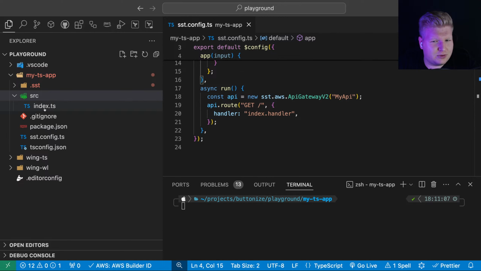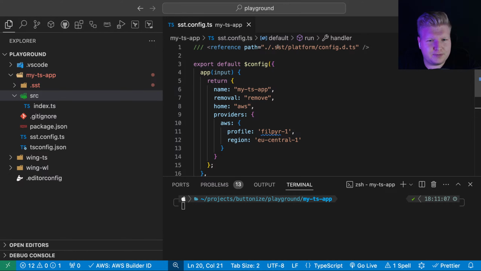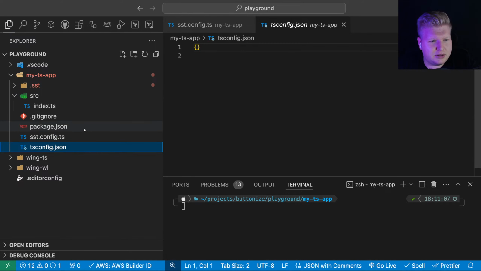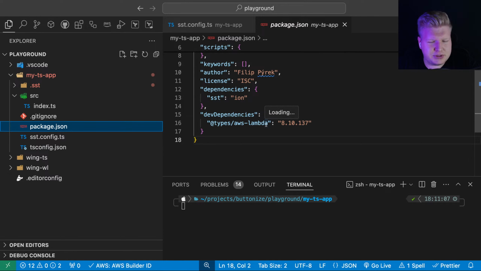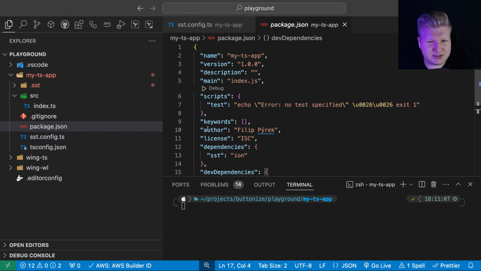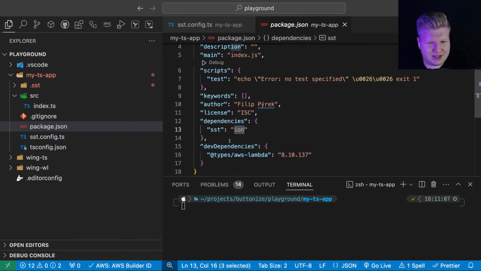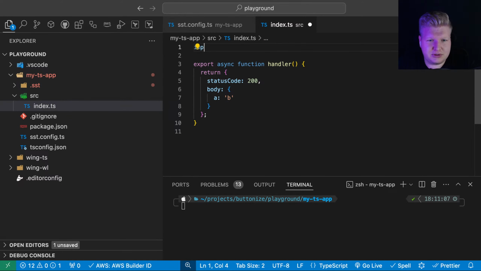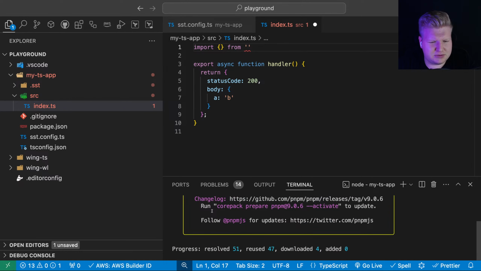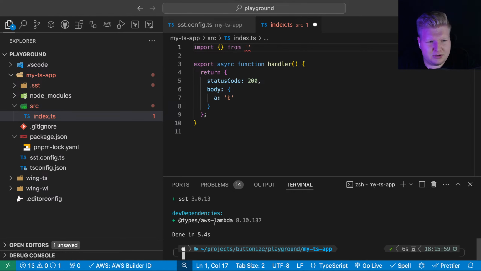Okay. So we have our handler. Oh, I need to fix the path source. Yeah, they're doing this reference thing. There's not even TypeScript installed. Is it okay like this? Dependencies SST Ion. Okay, that makes sense. Types AWS Lambda. So what I should do is import from AWS. Of course. Oh, okay. Nobody ran npm install for me, which they added to package.json, right? But they didn't run install, I guess.